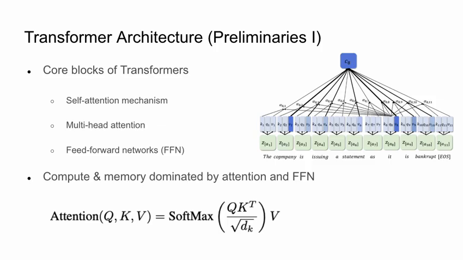The paper begins with a short review of transformer basics. Each transformer block contains a self-attention layer and a feed-forward network. In self-attention, this is the formula of self-attention from Google's paper, Attention is All You Need. In self-attention, every token interacts with all others through query, key, and value projections, which gives a computational complexity